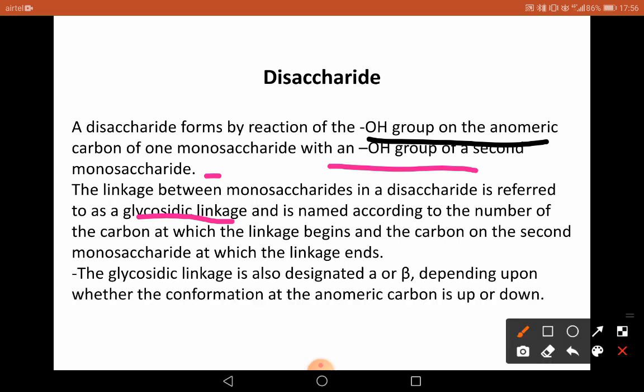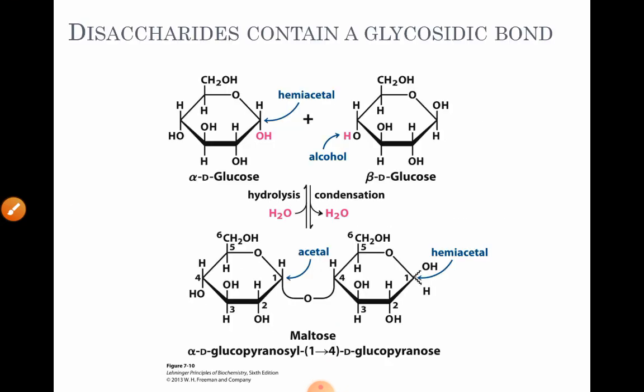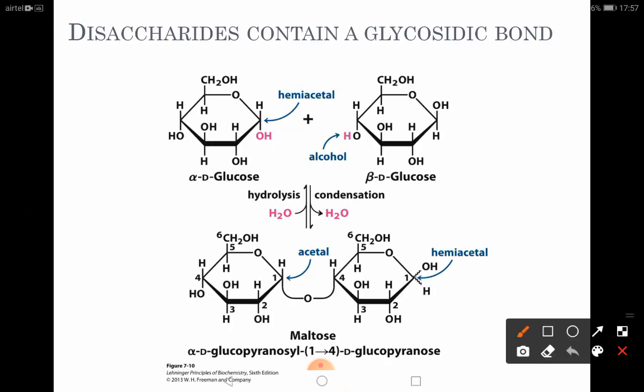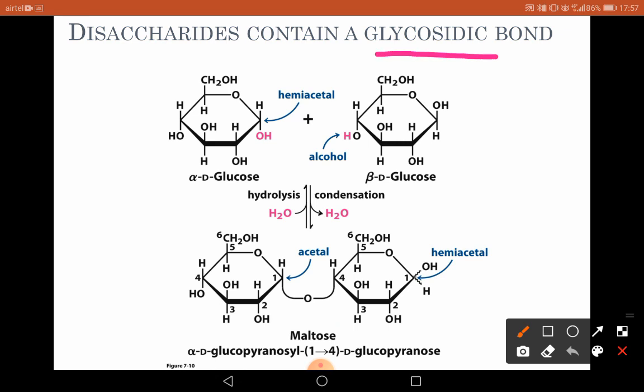We have already seen the anomeric forms of sugars. The glycosidic linkage is also designated as alpha or beta depending upon whether the conformation at the anomeric carbon is up or down. It can be HCOH or OHCH. So this is the basis for naming of the glycosidic linkage. Disaccharides contain a glycosidic linkage or a glycosidic bond. So this is an example